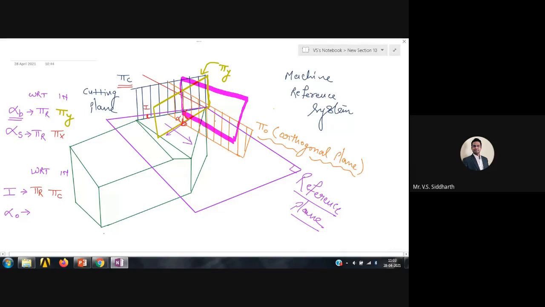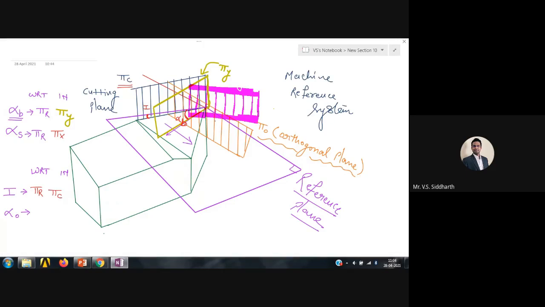Pi x plane will be passing somewhere. This is the pi y plane. So perpendicular to this pi y plane, the pi x plane will be passing. Something like this, the pi x plane will be passing. This is my pi x plane. Now you see